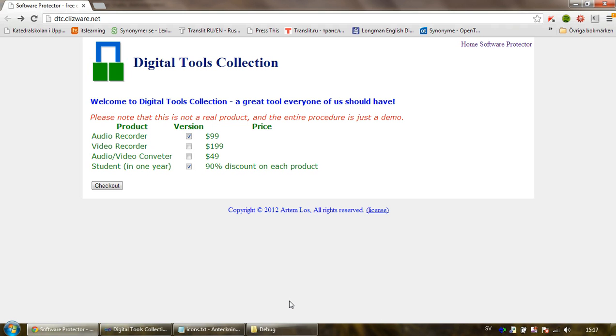Like, it depends. So that's it. Of course, if it's a big software, you can still follow this method of protecting it, but it's a bit strange, or it will take a lot of space, I think, if you have an audio recorder, a video recorder, and everything as one package, because the user doesn't want, or at least I think,